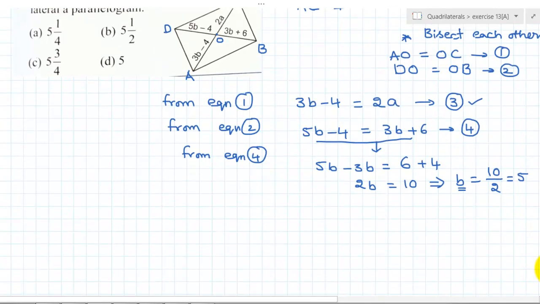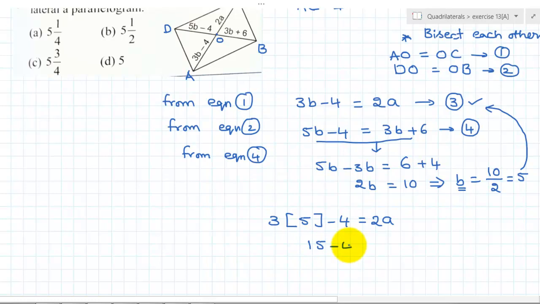So let us find out a. By substituting b in equation number 3, we can write 3 into, in place of b we have to write 5, minus 4 is equal to 2a. 3 5s are 15 minus 4 is equal to 2a. From that, the difference is 11 equal to 2a. From this we can write a is equal to 11 by 2. 11 by 2 we can write as, 2 5s are 10, so 5 times,